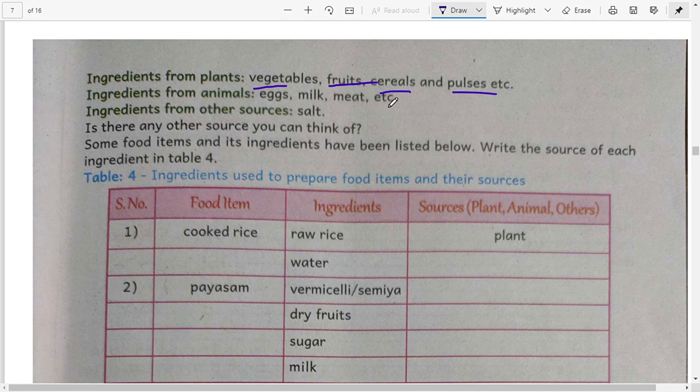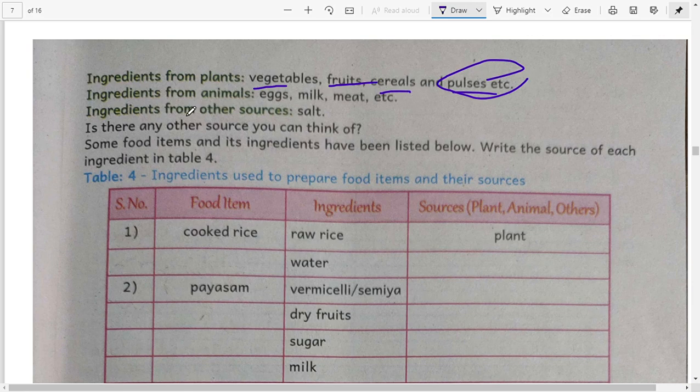Examples for cereals are rice, wheat, jowar and millets. Examples for pulses are all the dals, like red gram, green gram, black gram. So these are all called pulses. Pulses ante pappalu, cereals ante ధాన్యాలని అర్థం.